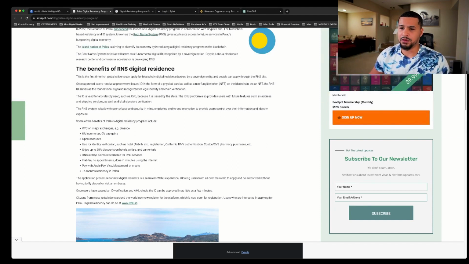All right, so once approved, users receive a government-issued ID in the form of physical cards as well as a non-fungible token on the blockchain. As an NFT, the RNS ID serves as a foundational digital ID recognized for legal identity and chain verification. This is the most important part. The ID is valid for any identity needed, such as KYC, Know Your Customer, which is the main focus point